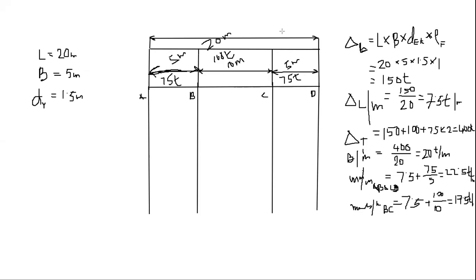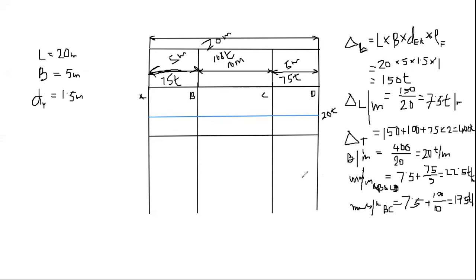Suppose buoyancy is giving us this line. We have calculated already how much the buoyancy will be, 20. So suppose this line is the baseline. It means this line we have drawn, the blue line, is at 20 tons per meter. So this is at 20 tons.